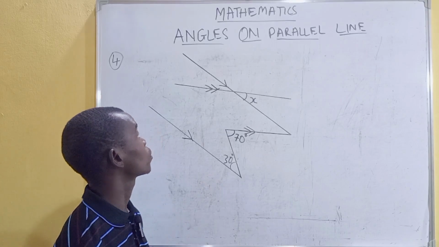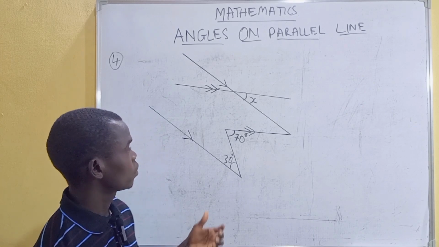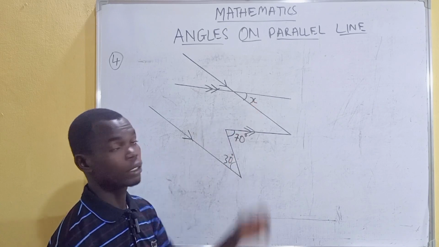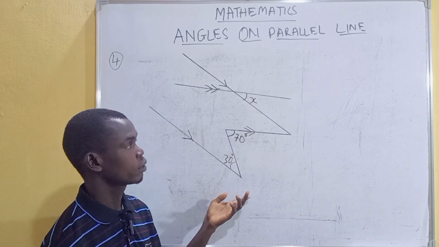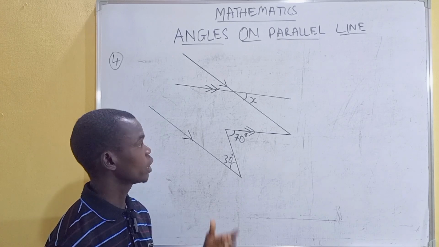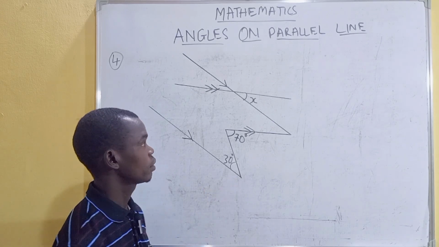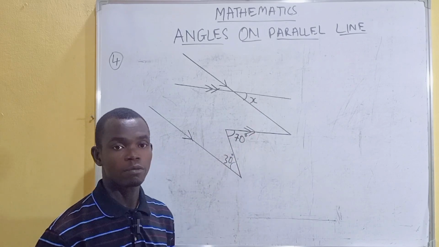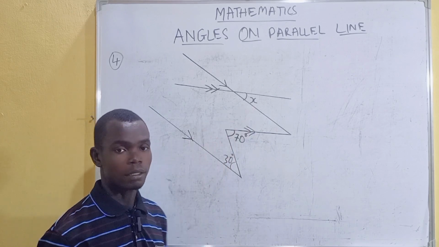Let's look at this question 4 on angles on a parallel line. From this question, we are asked to find the missing angle S. And when you look at this diagram, you will notice that we have two pairs of parallel lines. This line and this line is one pair of parallel lines, while this line and this line is another pair